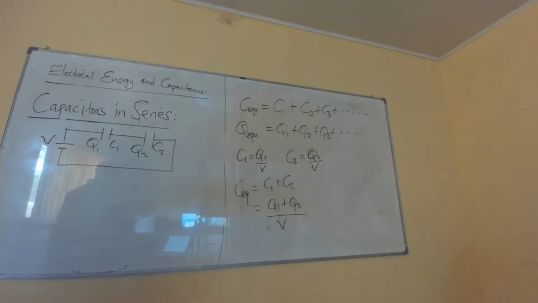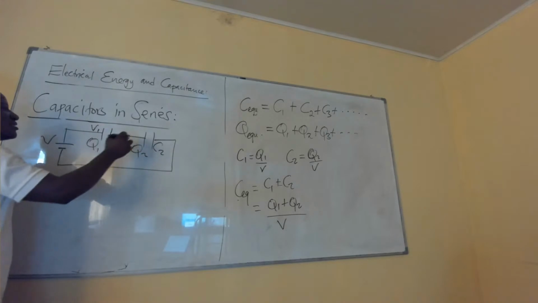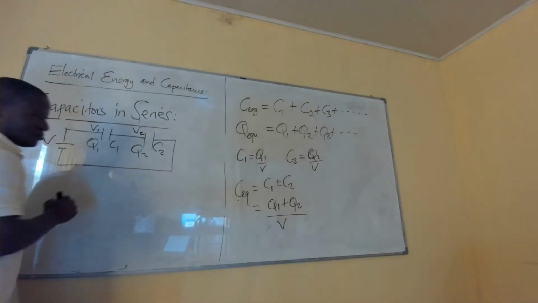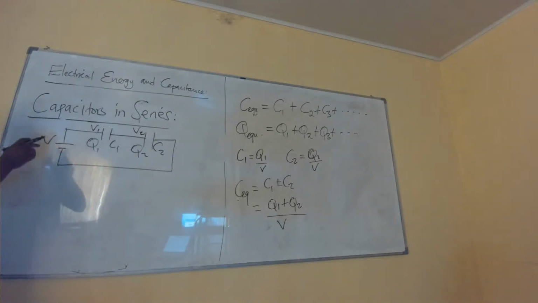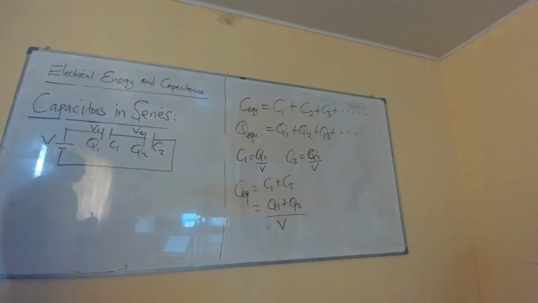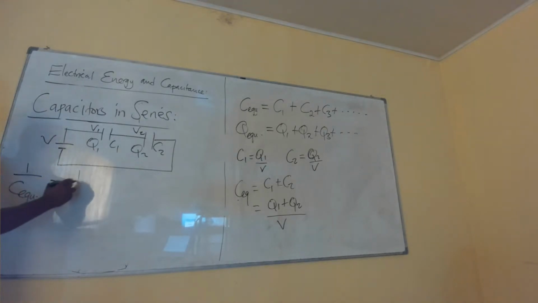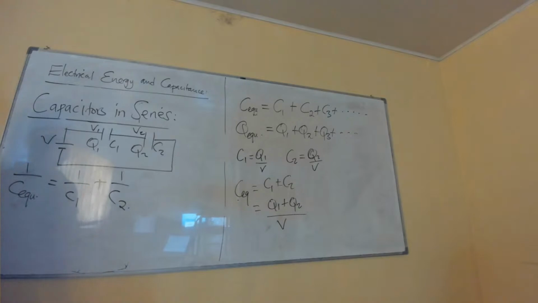Of course, we know that the voltage here will have V1 over V2, because now it is in series, the voltage is not the same. So here, 1 over C equivalent will be equal to 1 over C1 plus 1 over C2. That is how you calculate the